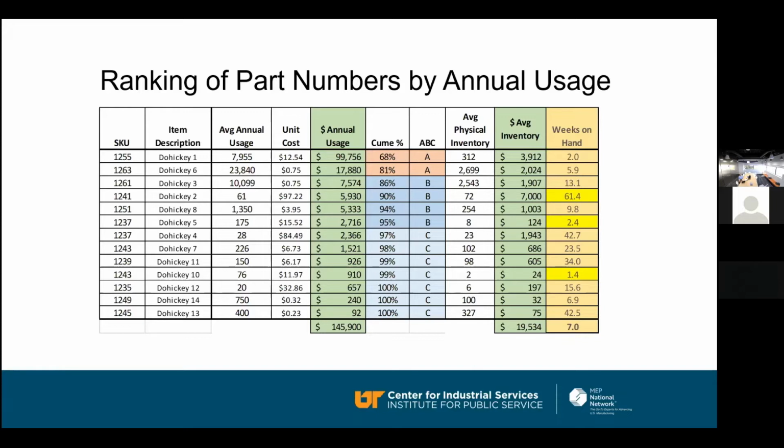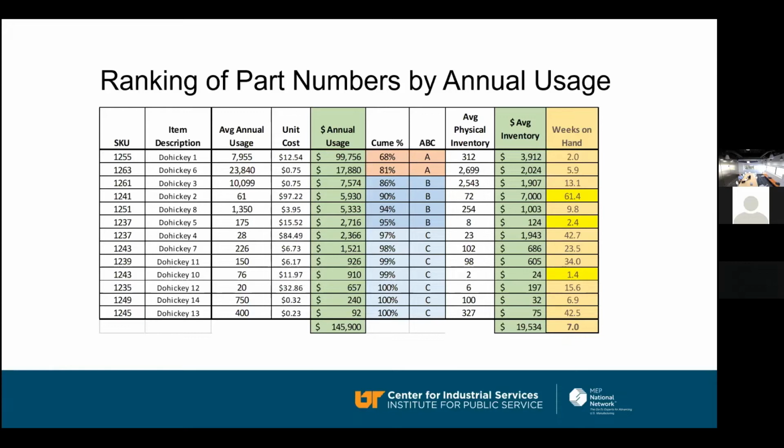Okay, that's the critical items right there. That's your Pareto, your A items, the 20% of the items representing 80% of the value. And then your B items, well, that's going to be 80 to 95% of the inventory value. So I'm starting to stratify those a little bit. So I'm going to pay a lot of attention and have very tight control over the top two items. I'm not going to ignore the B items, but I'm going to be watching them, but I'm not going to watch them as closely as the A items.